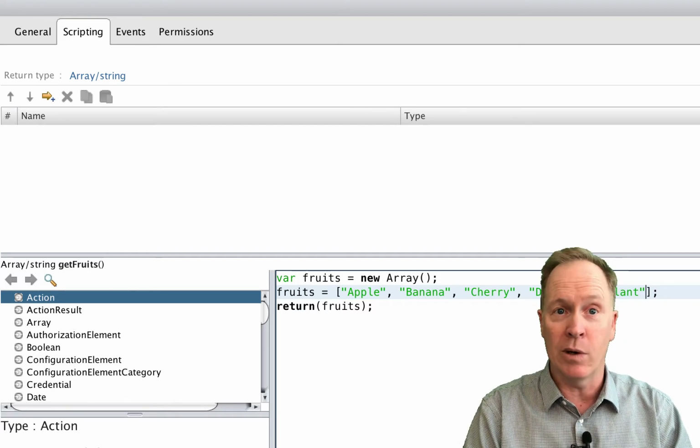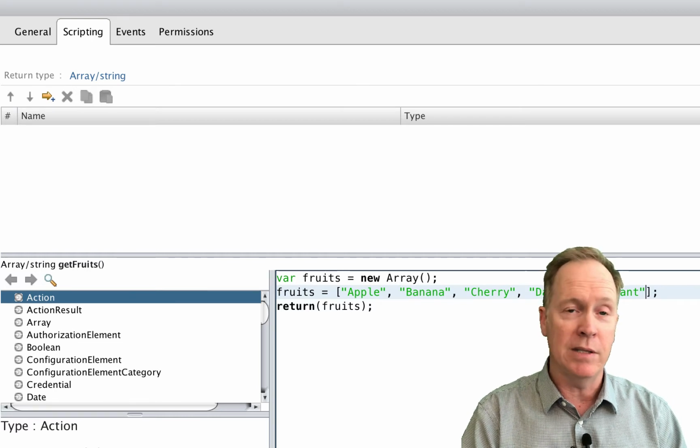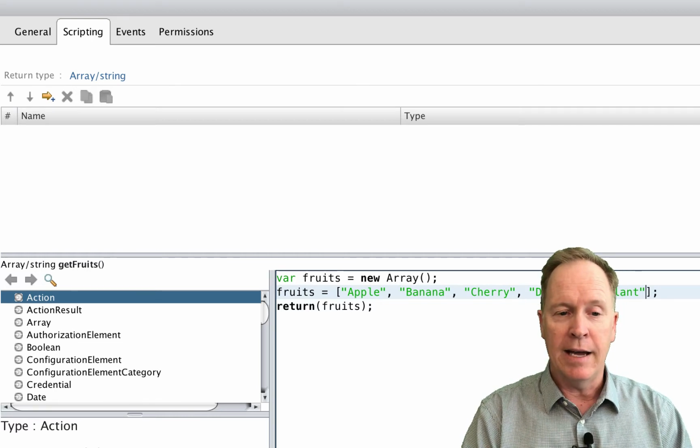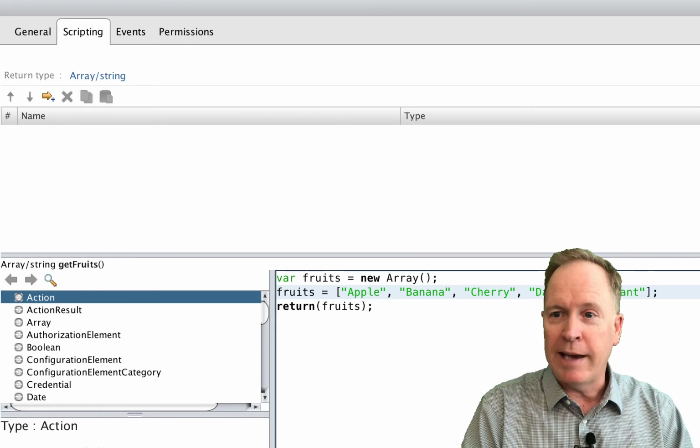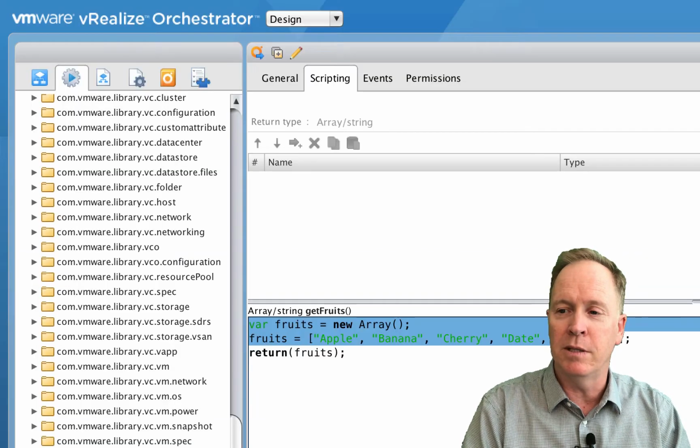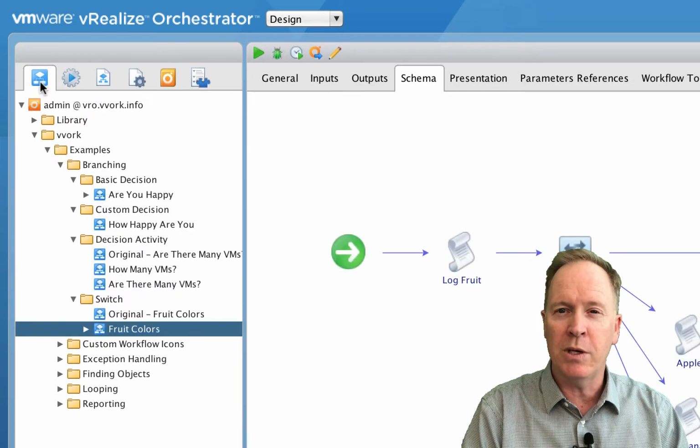Maybe it's a list of data stores, and we only want to return a list of data stores that has at least 20% of free space. So there's all sorts of things you can do here, but I just added eggplant into this list, and if this is working, I should be able to, drum roll please, go over to the